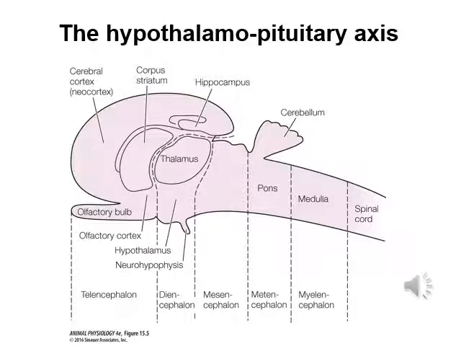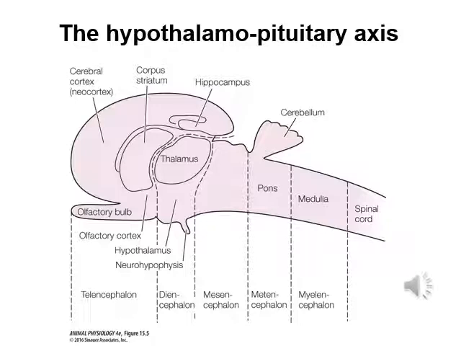The first is the hypothalamo-pituitary axis. These structures act as master controllers of the other glands and systems throughout the body. This is a diagram of a basic vertebrate brain. You can see the hypothalamus at the base of the brain. This is actually part of the brain, and it's a very ancient structure.